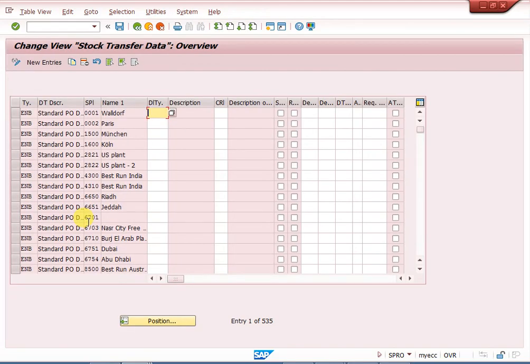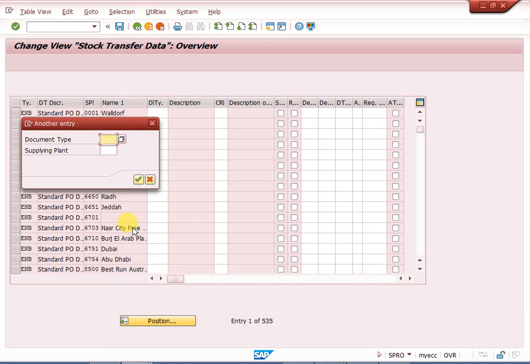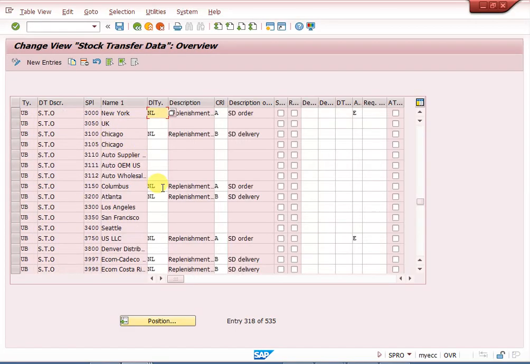Based on purchase order type and plant we are assigning delivery type, and if we require availability check, we maintain the checking rule. Here my purchase order type is UB, supplying plant 3000. Here I have maintained NL.